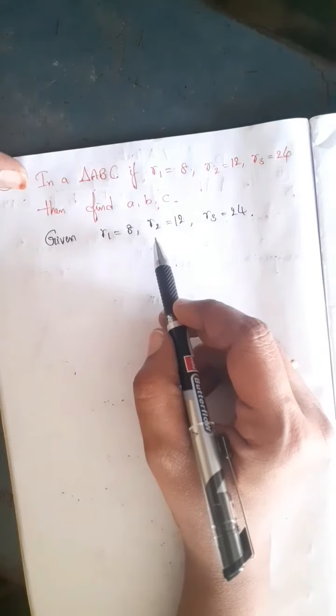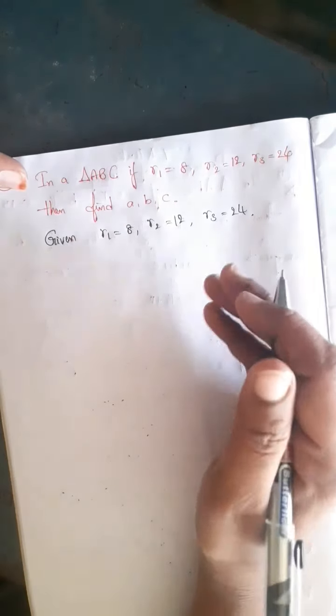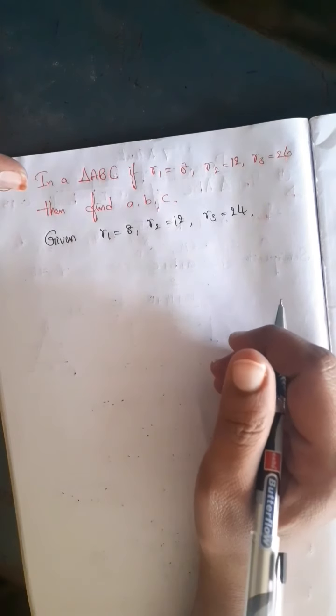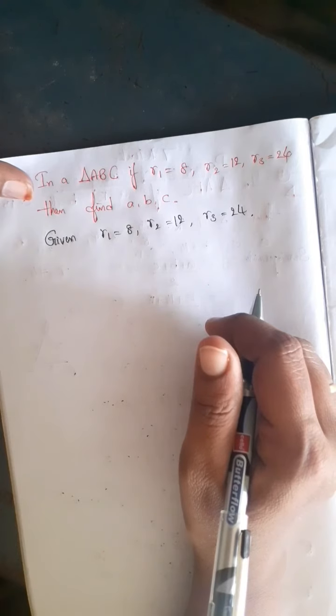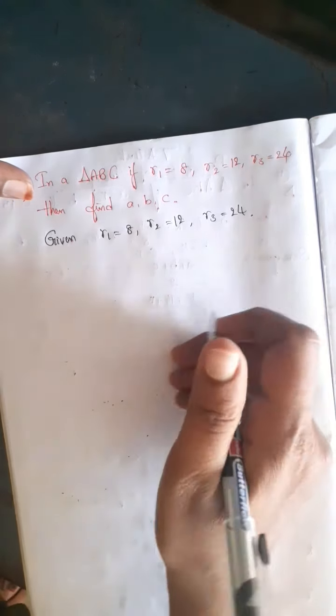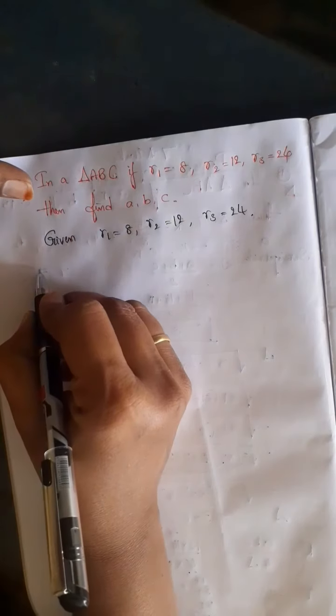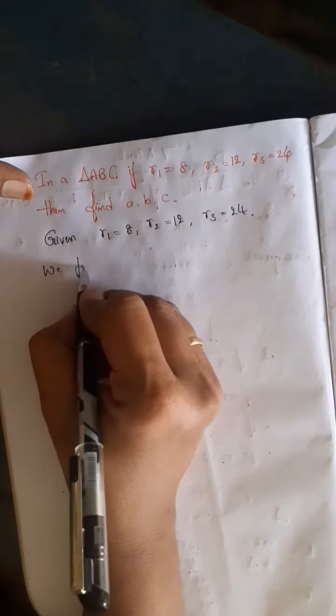See, the relation of ABC with R1, R2, R3 is R1 is equal to delta by S minus A. That relation we have. Okay, so how do you find those values? If you know S value or if you know delta value, you can solve it, right? So for that, let us find r. First let us find r. Okay, we find r value.